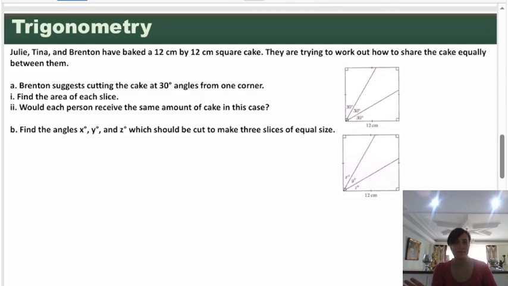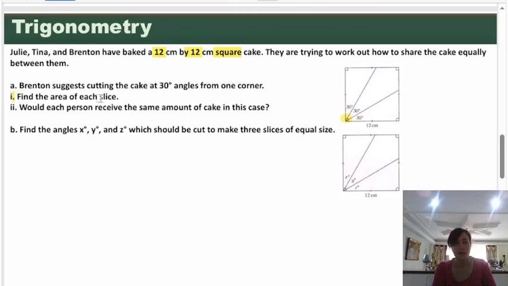So it's Brinton's idea to cut the cake from one corner, which is here. We know the corner of any square is 90 degrees, because here it says the cake is square, 12 by 12. And Brinton suggests from one corner, as we see here, we cut it in 30-degree pieces. And part A